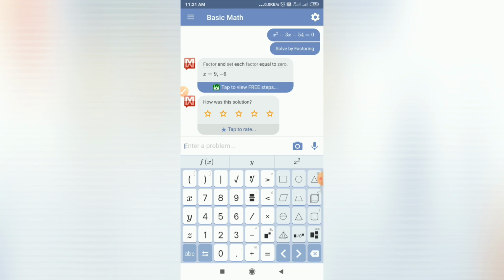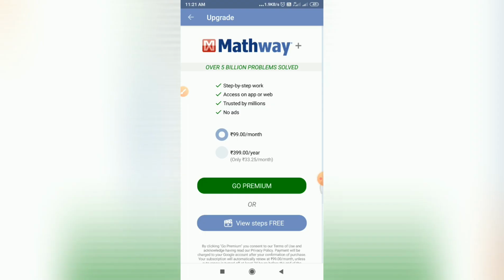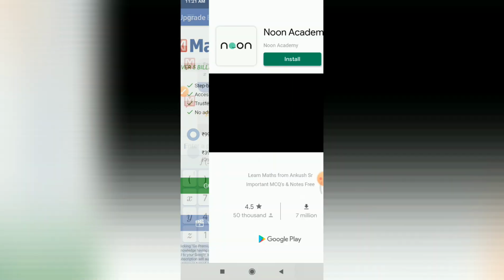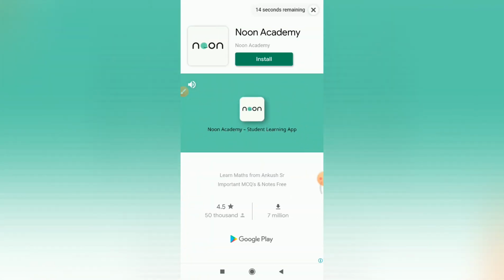Suppose I want to know what steps there are to get this answer. So I will simply tap here to view the free steps. Now it will show me the price for buying the premium, or I can view the steps for free as well. It will show me one advertisement.